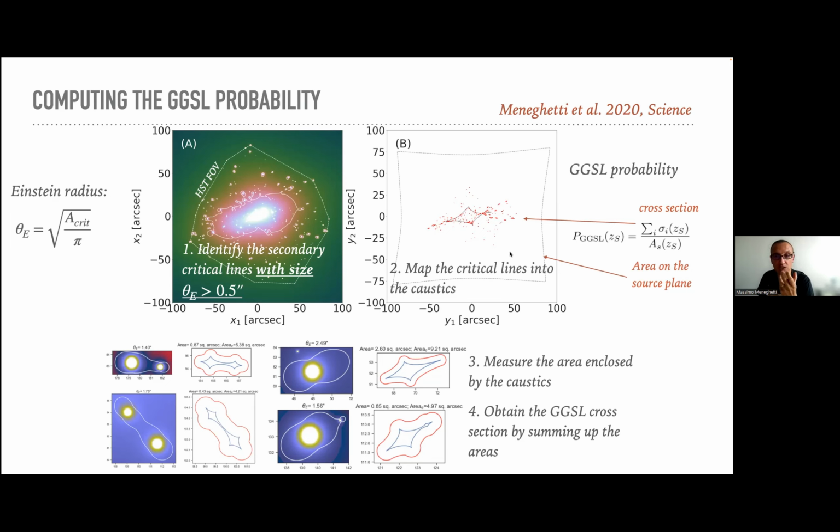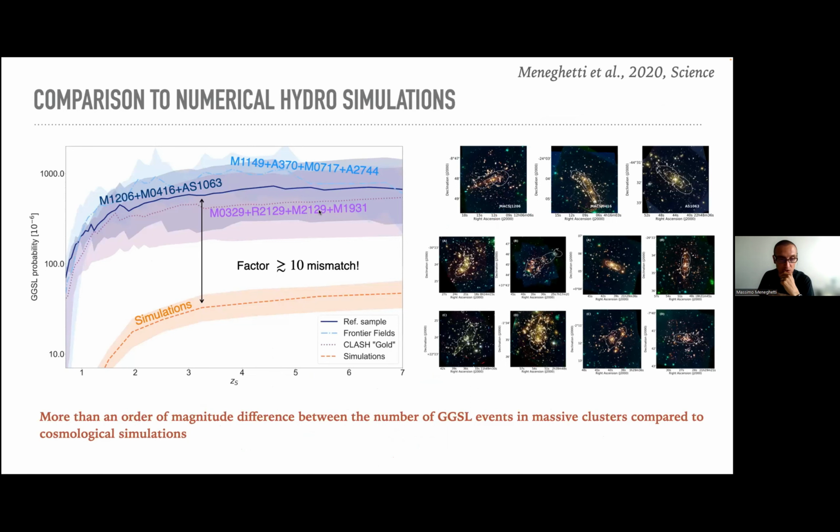So we did this kind of measurement of this galaxy-galaxy strong lensing probability for both the recovered mass distributions from the observations and from the simulations. And when we compare them, we found this quite interesting result, which is shown in this diagram here. Here you see the galaxy-galaxy strong lensing probability as a function of the redshift of the sources. And what you see here, for example, in dark blue, is the galaxy-galaxy strong lensing probability that we measure in our observed sample, in our reference sample. And the other violet and blue curves show some other measurements done on other samples of clusters for which we don't have,